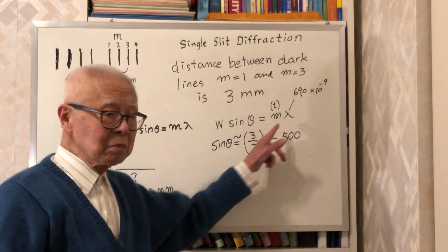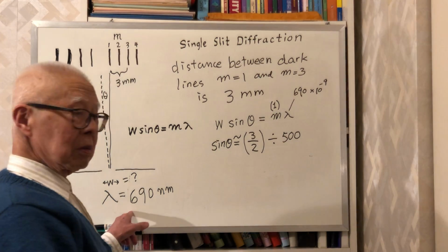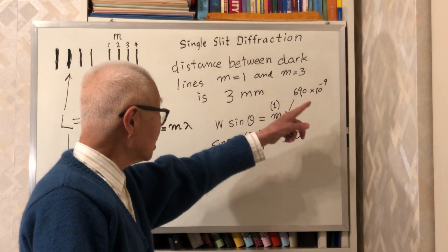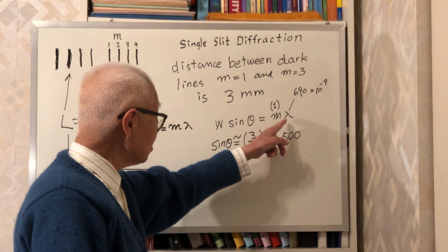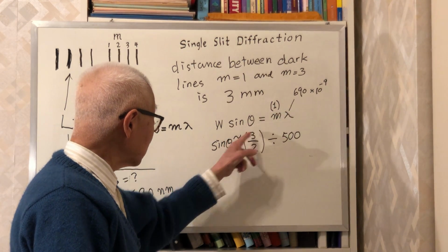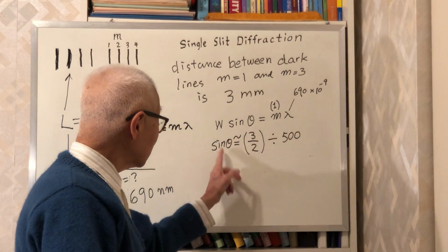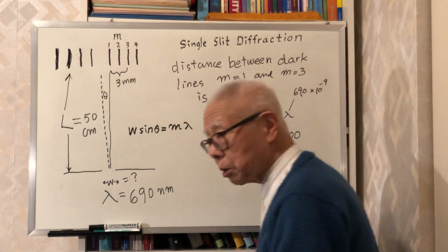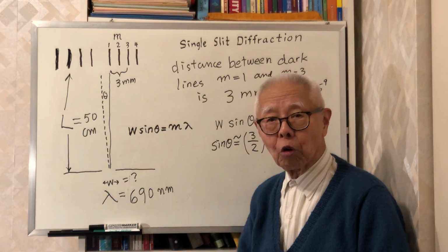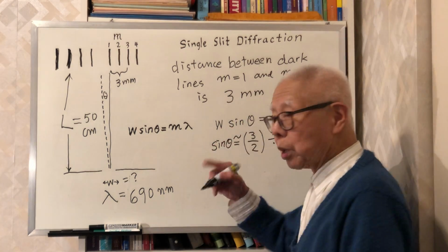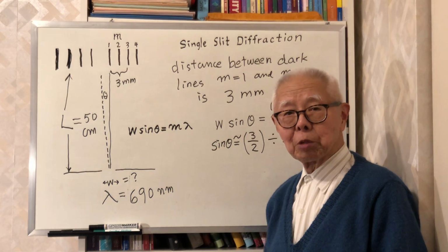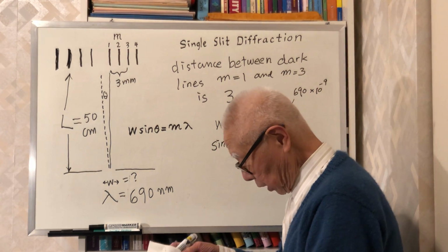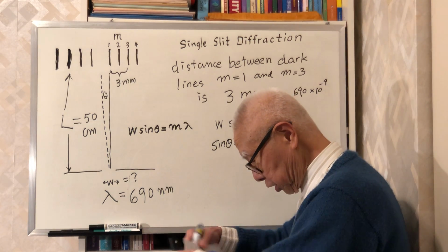The wavelength is given as 690 nanometer. So this is known, m is 1, sine theta is this, therefore I can find w, and w is exactly our unknown. So put everything there. I'm not going to do the calculation. The answer is, I did it here, the answer is